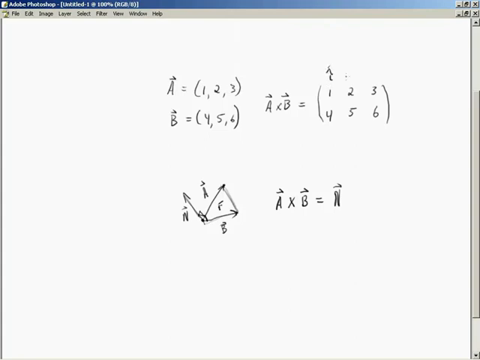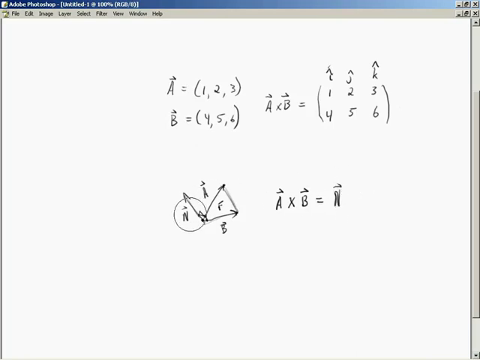Now, remember, working with cross product, it's different from dot product, where dot product was returning a scalar. Now we're returning an actual vector. So we're looking for 3 new numbers. To calculate the new X component, the first thing we're going to do is disregard the I component in the matrix. So the 1 and 4 will be